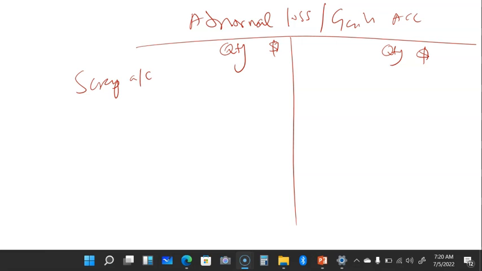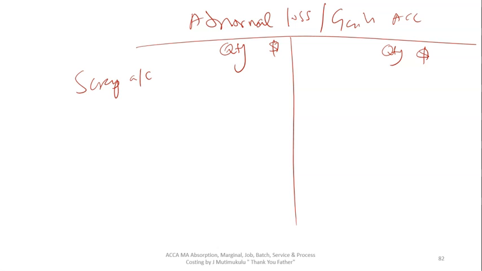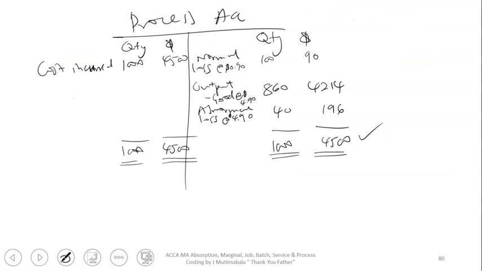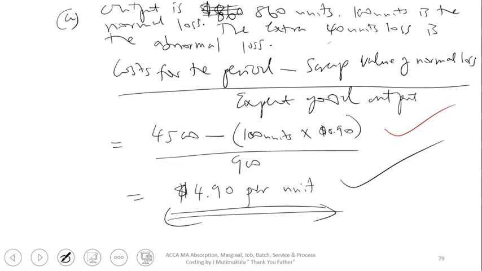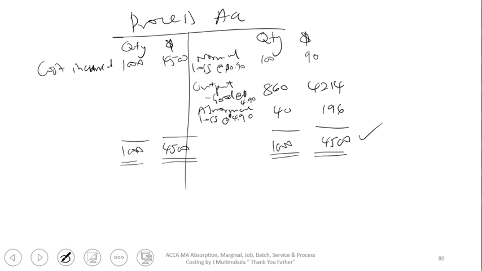But this reminds me of an omission which we made. All right, let us try to just navigate our path back a bit. When we did this process account for the abnormal loss, we forgot to come up with a process account, the abnormal gain or loss account. So let us just quickly do that so that we understand what is happening with the abnormal gain.